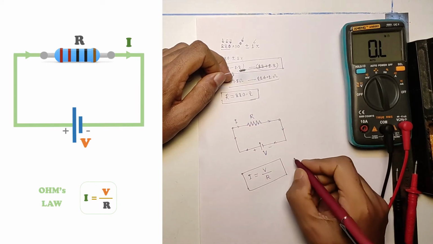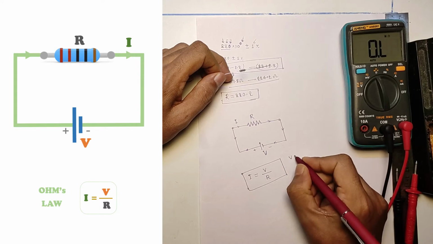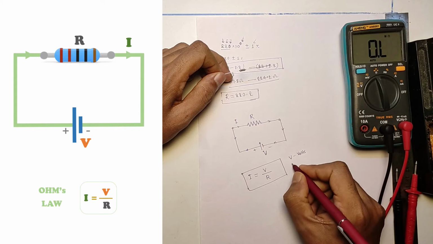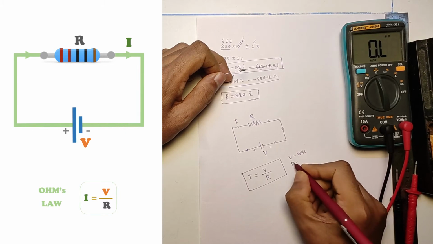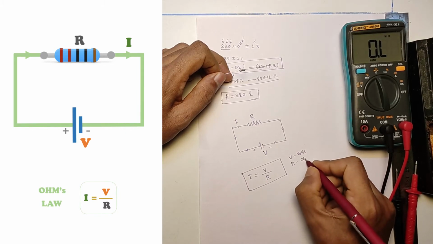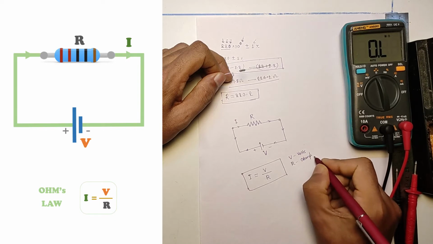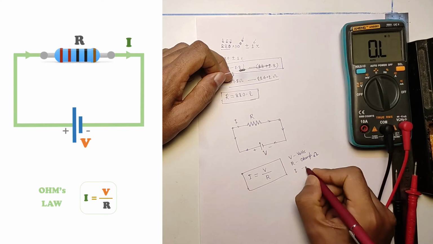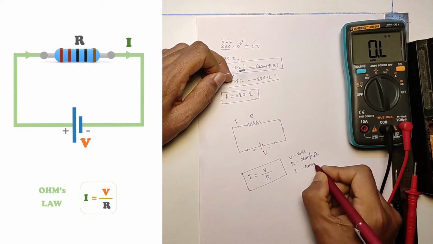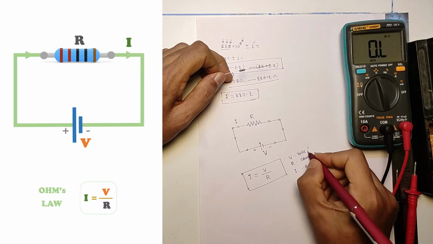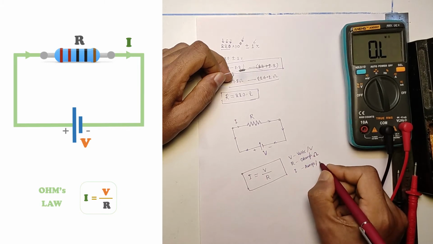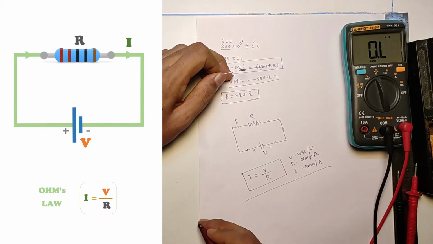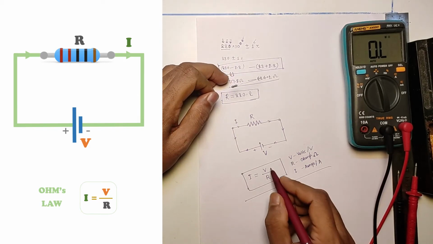What is the unit? Talking about the units, voltage is in volts. All are in SI units, and resistance is in ohm, the ohm symbol, and I will of course be in amps, ampere. The short form is amps, or simply A, and V for volts. You can use a single letter or you can write it in full. This is Ohm's law: I is equal to V divided by R.